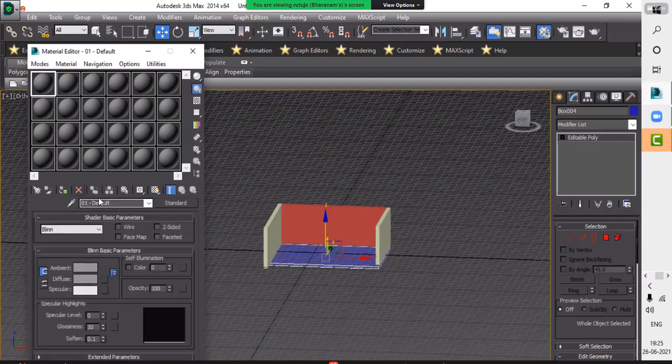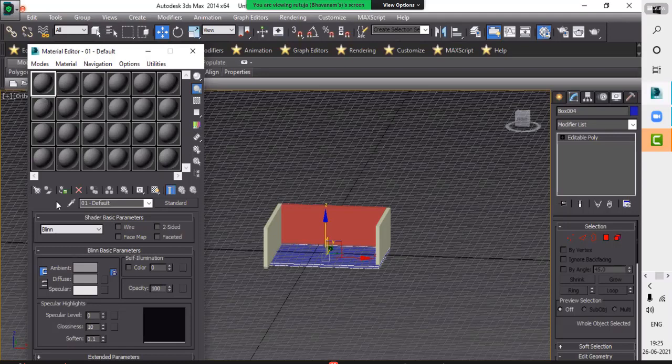So here is your material editor, and if you take the 3D Max color, then you don't get an effective render. That's why we use materials from V-Ray. So how can we get the V-Ray material?